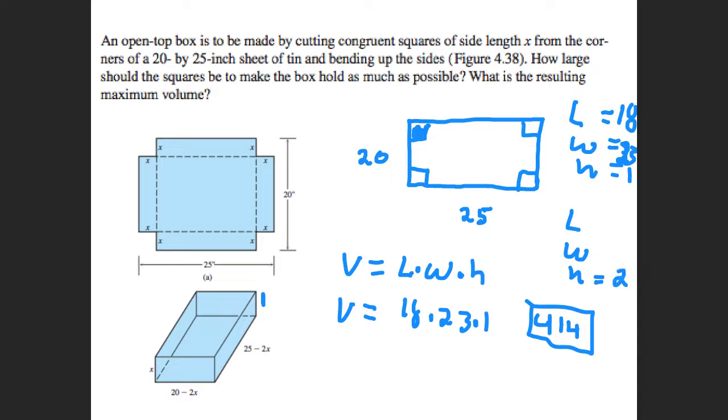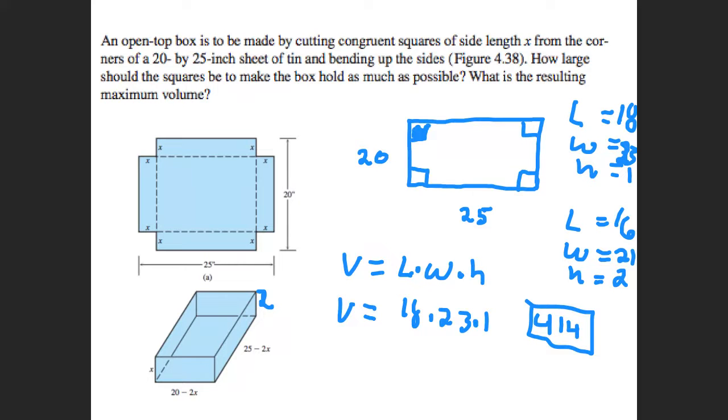So I'm going to try 2-inch height. Okay? So I'm going to put 2 here. So I'm going to cut out 2-inch corners. So what would the length be now if I cut out 2-inch corners? 16. What would the width be? 21. Okay, now if I multiply that together, so I've got 16 times 21 times 2, I get